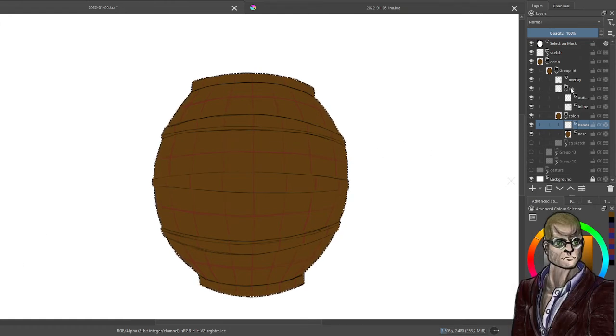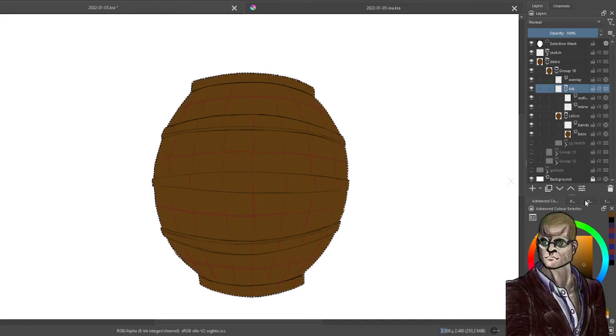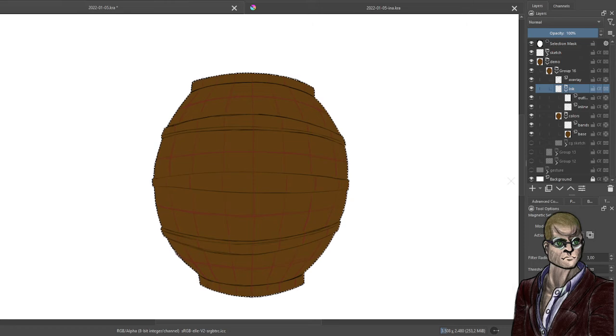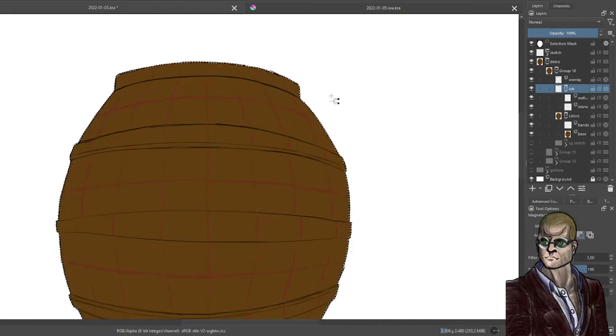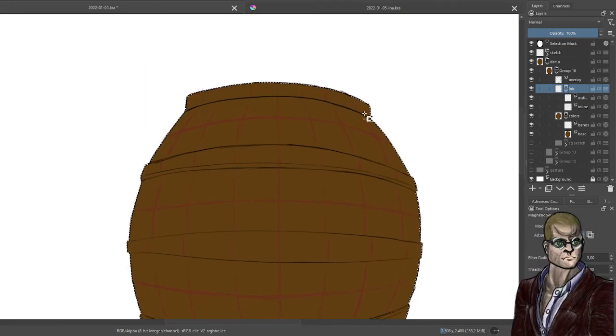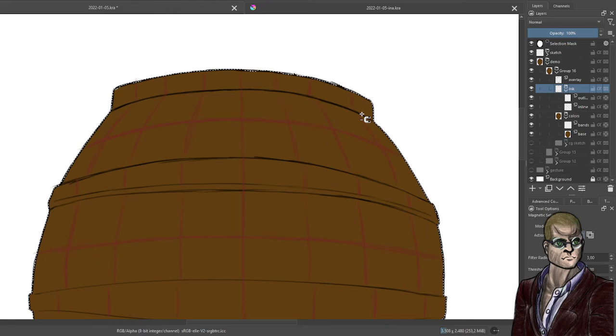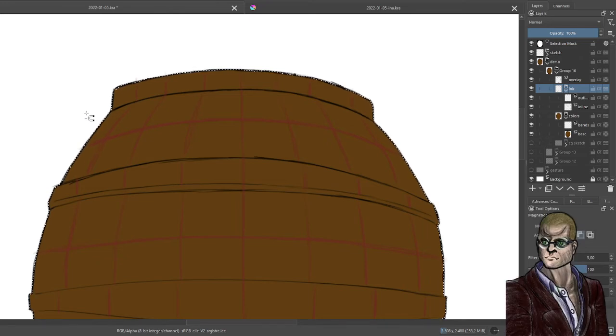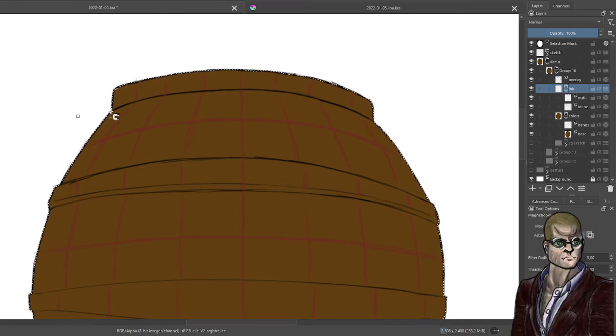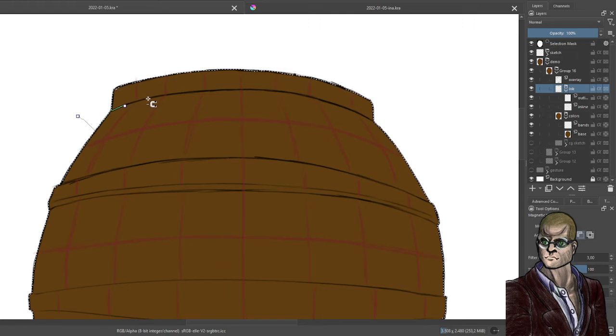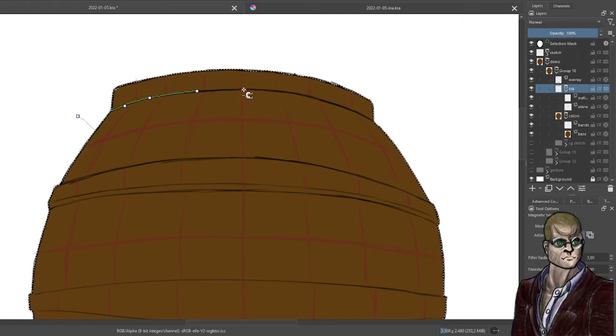So now I'm going to select the entire ink selection, and we are going to use the subtract mode for the magnetic selection. So now the outlines and the inlines are going to be usable. And when I start here and work my way along the outlines of the barrel bands,